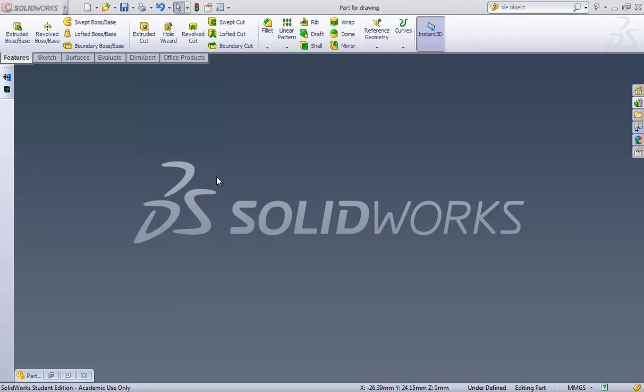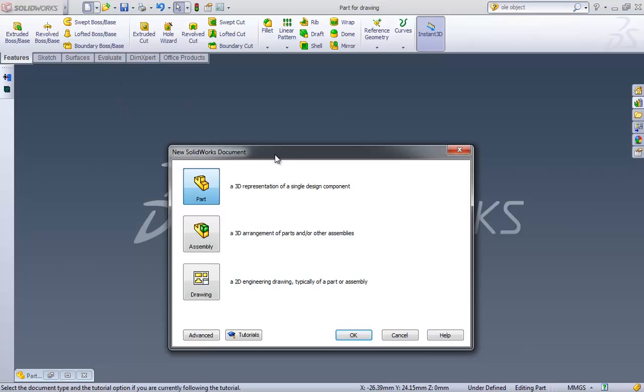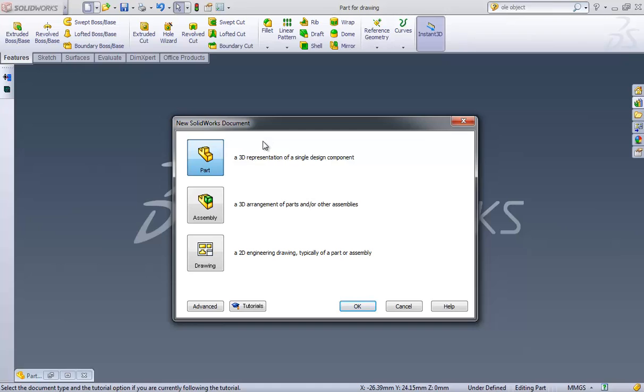the drawing environment. If you remember this welcome screen, every time you open a new document in SolidWorks, it gives you three choices. Generally, this is where we went so far, and we tried assembling things. To model 3D parts, you would go here, that's the assembly, and then this is where you generally want to go if you are creating a drawing. So if I were to select and OK that,